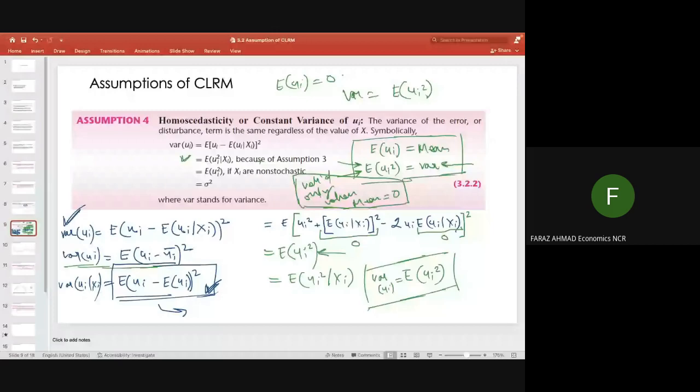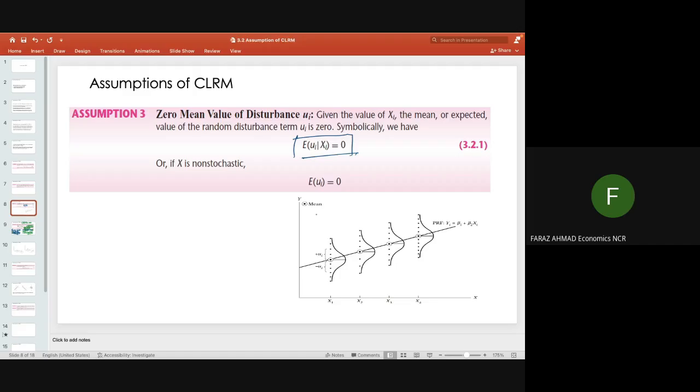So you will see this expression for variance very often. Variance equals expectation of anything squared, right? But it will not be written why this expression for variance is valid. You should understand this is only valid when the mean is zero, right? In this case, because the mean is zero, because of assumption three here, we can write very plainly that